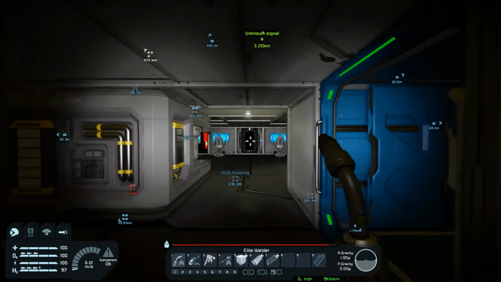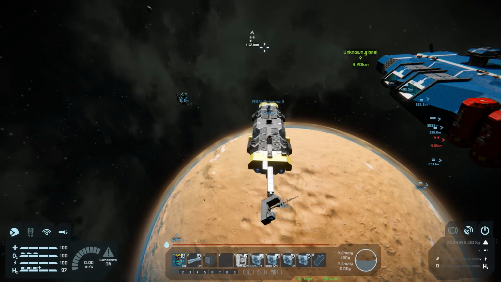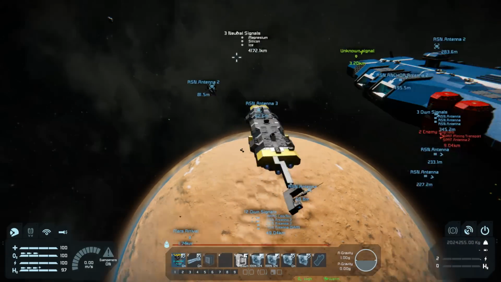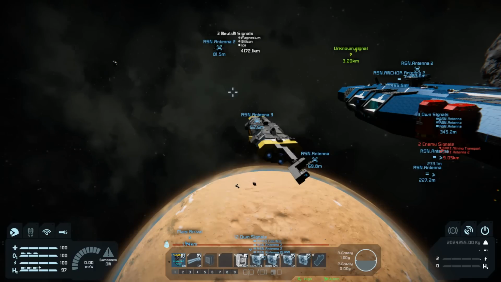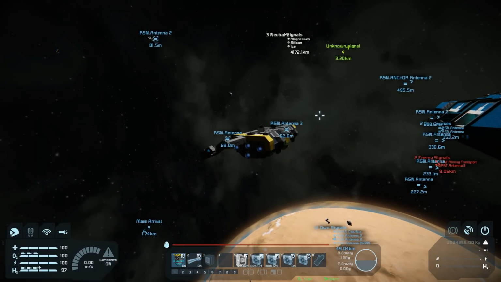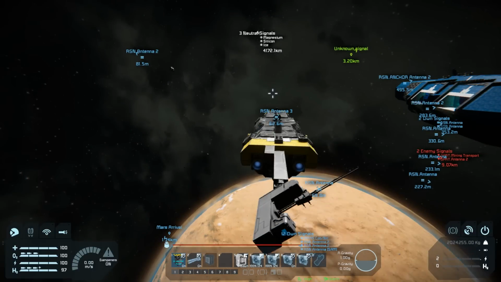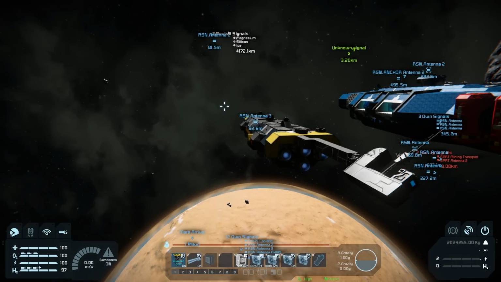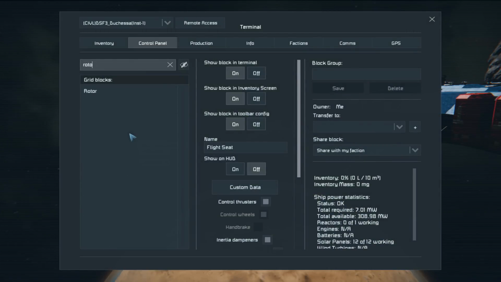I use that to control my fleet, and one thing I did with it is that I have put the controlling antenna and the controlling remote control and the programmable block on a rotor on a subgrid,